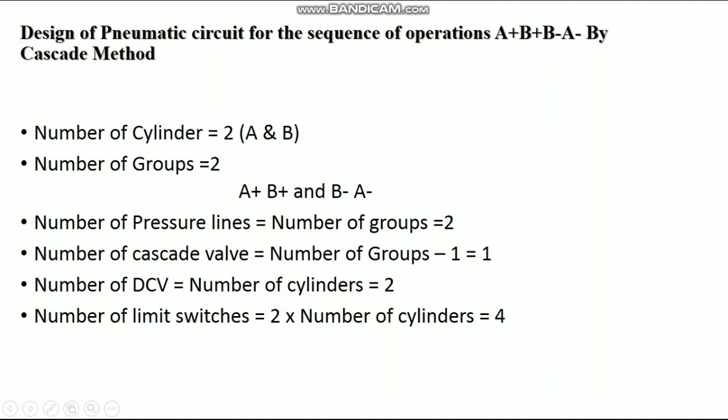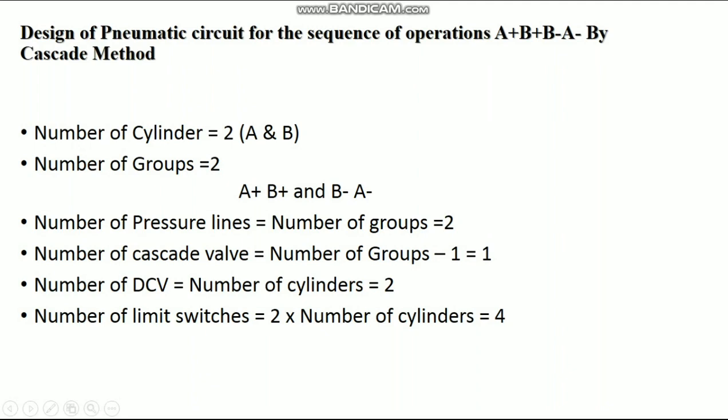So we have to decide the components first. The number of cylinders required is 2, named as A and B. The number of groups is 2. That can be decided by some methods, that is, in every group, the number of operations available should not exceed the number of cylinders, and also we should not change the sequence of operation,